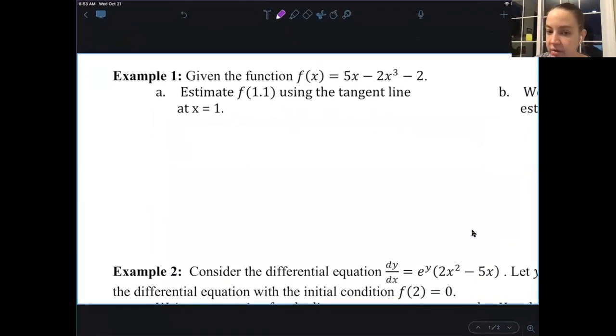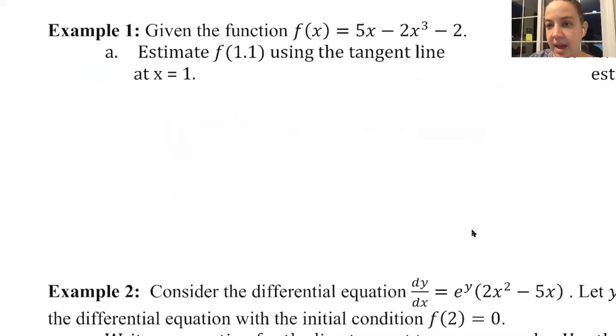So the good news is you know how to find the equation of a tangent line. And remember that we're starting with that point slope idea. So I've got f of x. Oh, I'm going to pause and restart because there's some lag here. All right, so f of x,